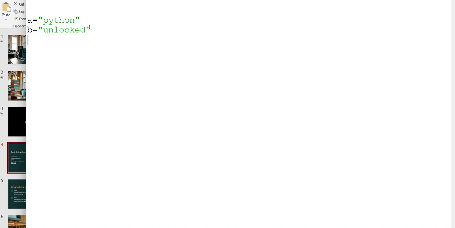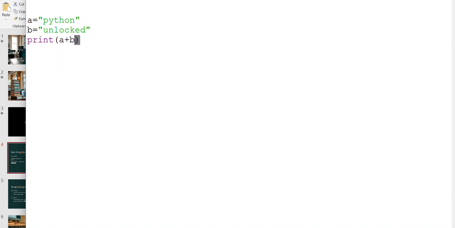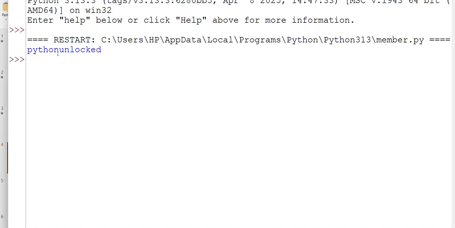Now मेरे को combine करना है Python unlocked को. कैसे combine करेंगे? Print a plus b. Now a plus b is responsible for combining both the strings together. Let's see the output. So you can see over here, both the strings are getting combined.